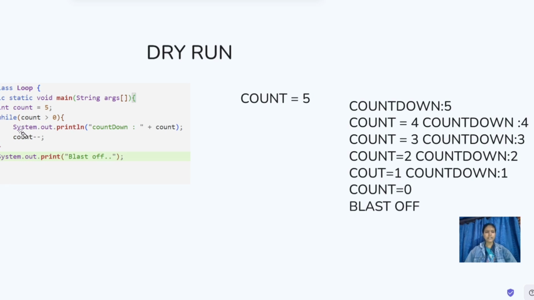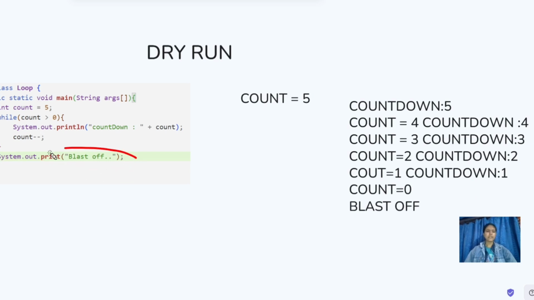Yes it's true, so again we enter the while loop and print countdown 4. Then again we update the count value and check count greater than 0, yes it's true, so print this value and then update the count. Again we check the count, yes it's true, so now count 2, count 1, and then the count updates and count equals 0. Here the equal operator is assignment, so basically this breaks the loop and the last statement will be printed.